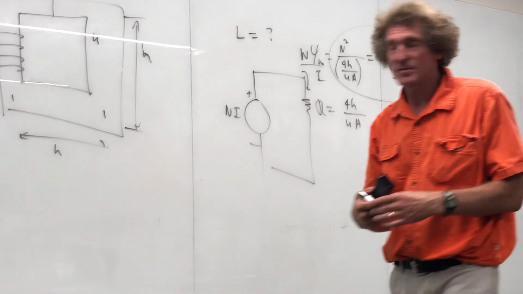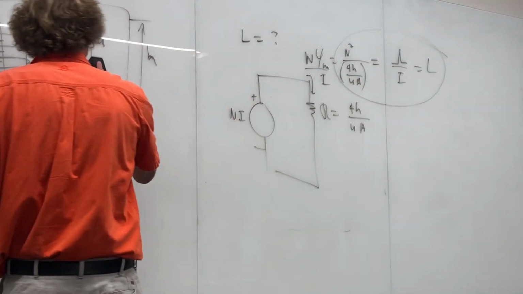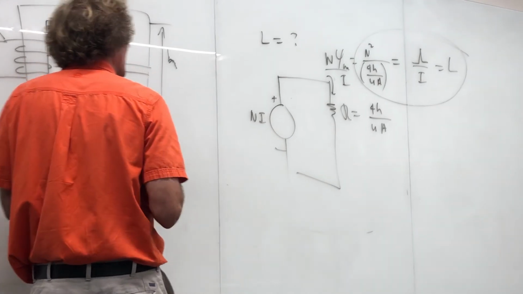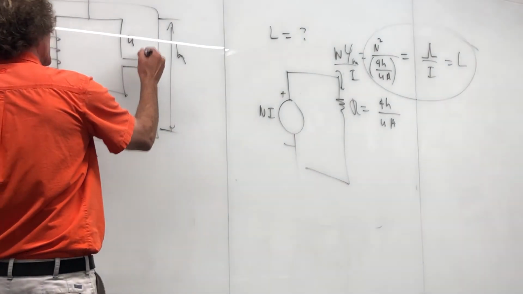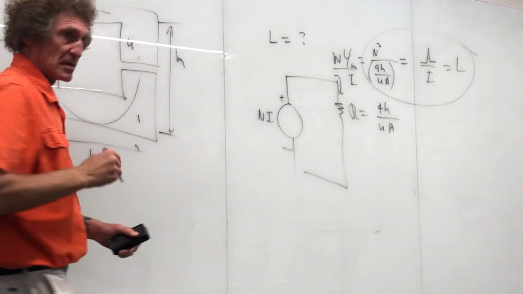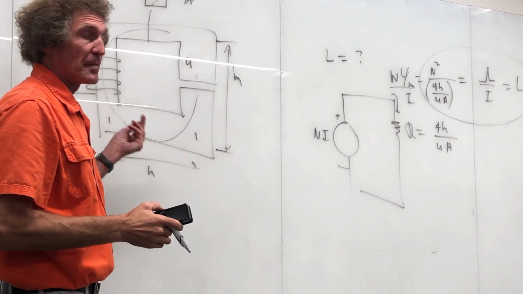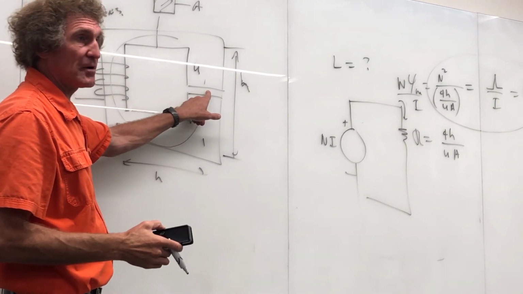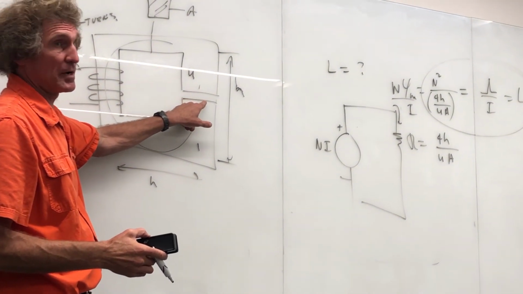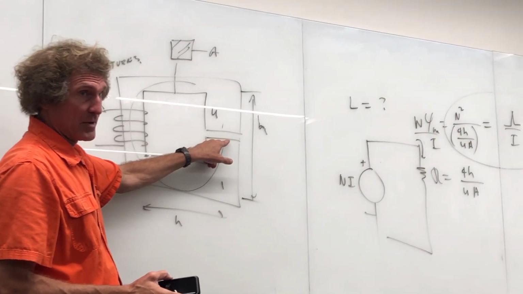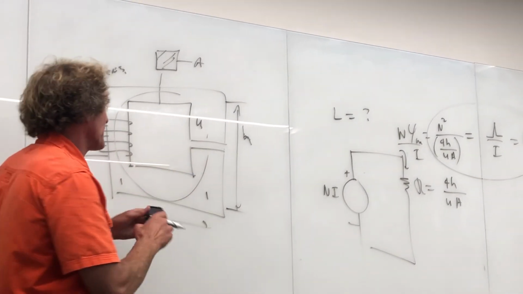I want to tell you one thing. Usually with these problems, they'll put a little air gap here. What that means is you're going to have one reluctance associated with this length, that would be L over mu A. Then you would have another reluctance, but here mu is typically mu naught if it's air. And that reluctance is usually the dominant one,